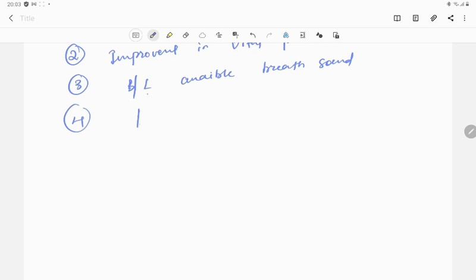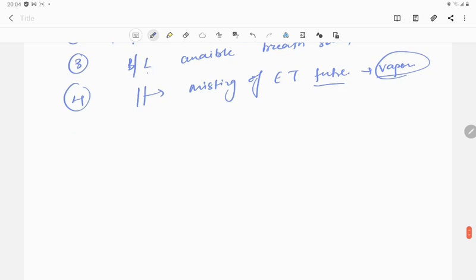Fourth, what can be seen? The ET tube, we will see misting of the ET tube. What does it mean? The vapor, right? Vapor arising from the lung is coming into the ET tube, and then it is clouding it. The fifth and the most important one, this is clinically the most important one,